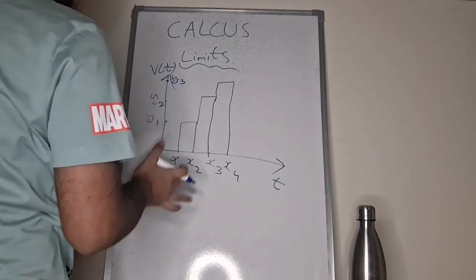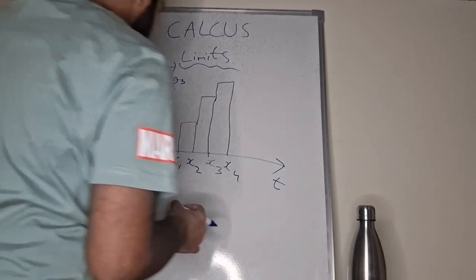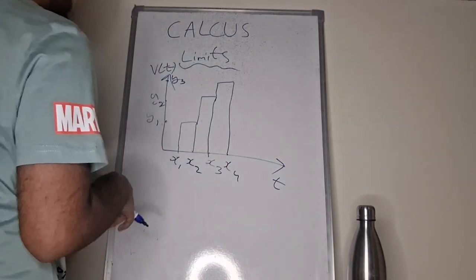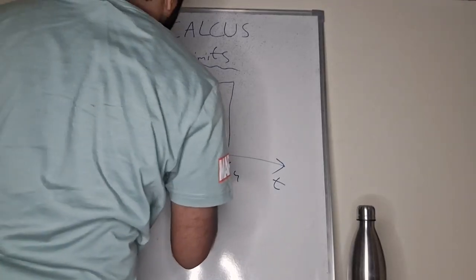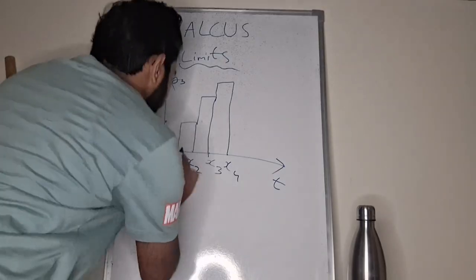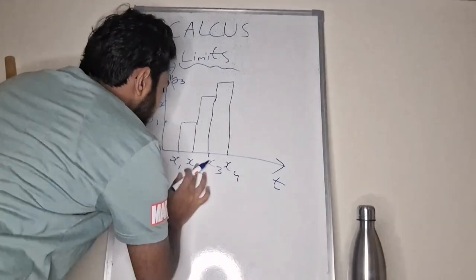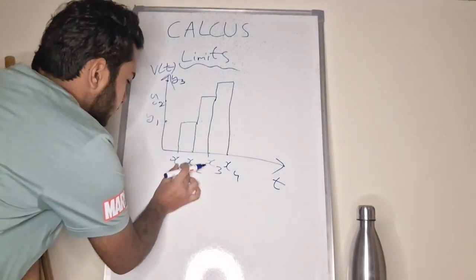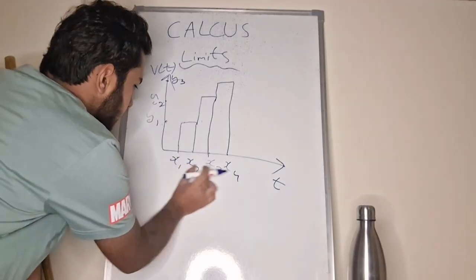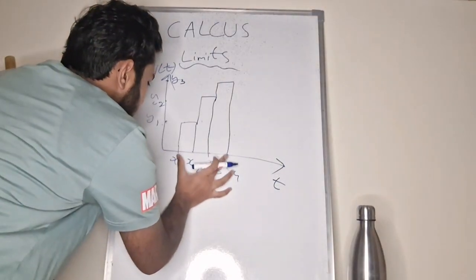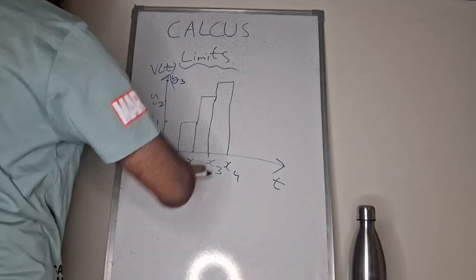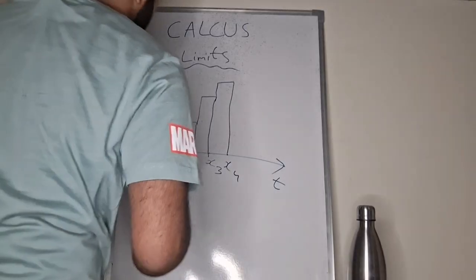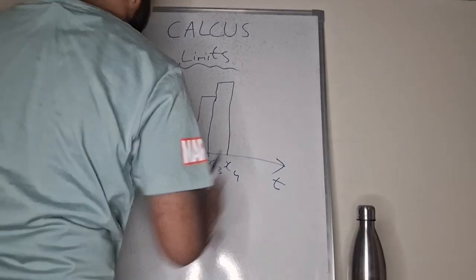If you keep reducing the length, the distance between these points, which means that if you keep reducing the breadth of these rectangles, if you keep refining them,